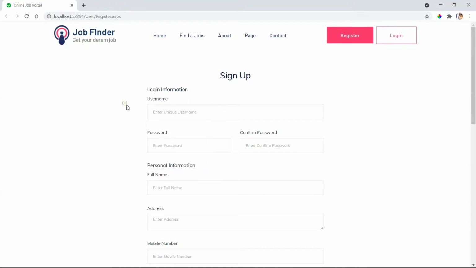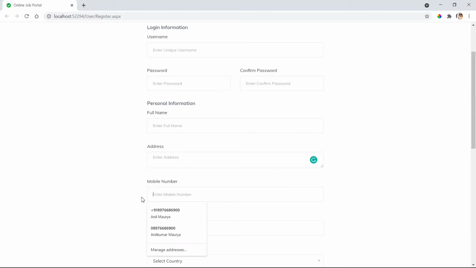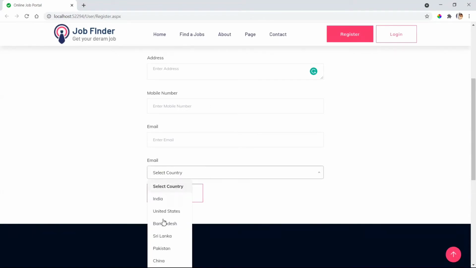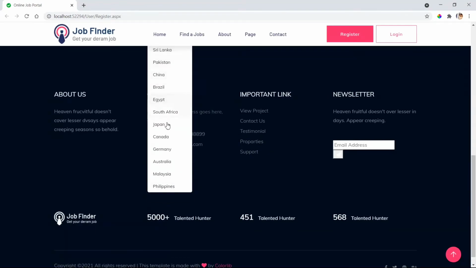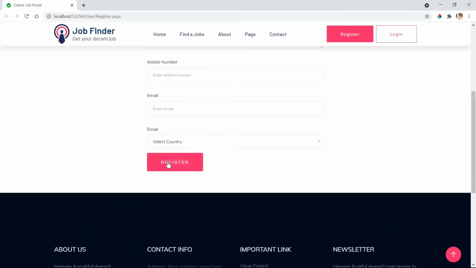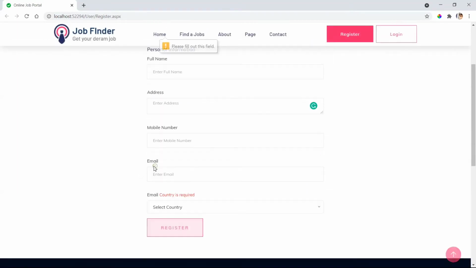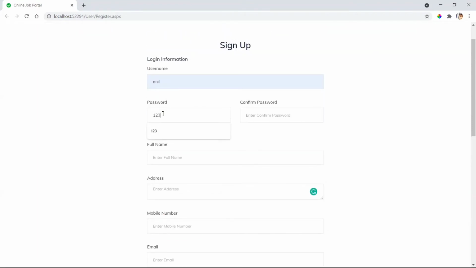So the first one is username, password, confirm password, then full name, address, mobile number, email, then country. In country, the whole list of countries is displayed, all 15 countries. Now if we click on the register button, it asks for entering the username, as it's a required field. Your password is required.